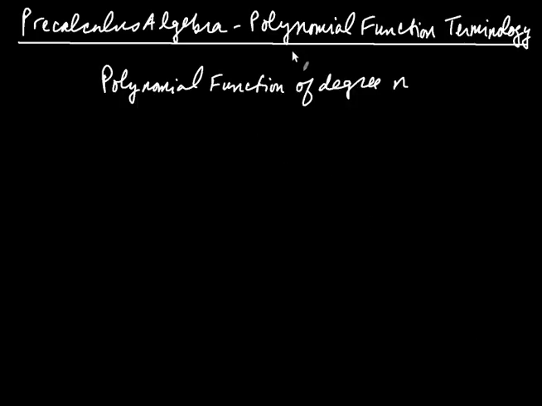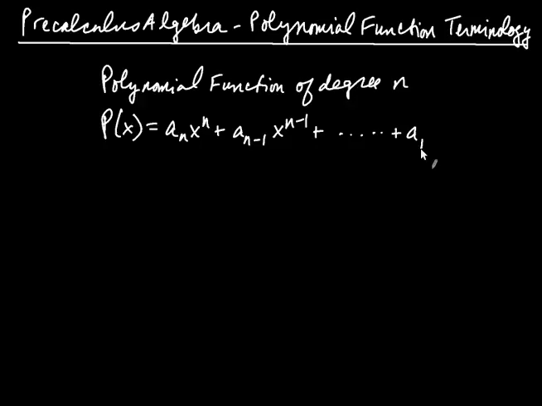Here we're going to introduce some polynomial function terminology. So when we say that we have a polynomial function of degree n, we mean we have a function of the following form. P of x is equal to a sub n x to the n plus a sub n minus 1 x to the n minus 1 plus dot dot dot all the way down to a sub 1 x plus a naught, where n in this expression